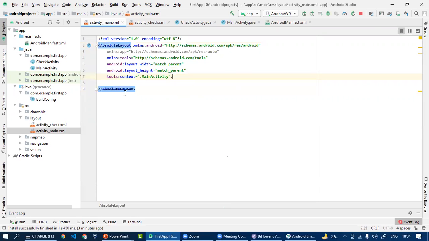We have our absolute layout. It is a popular layout, but now it's deprecated. But for designing purposes, we will use the absolute layout.